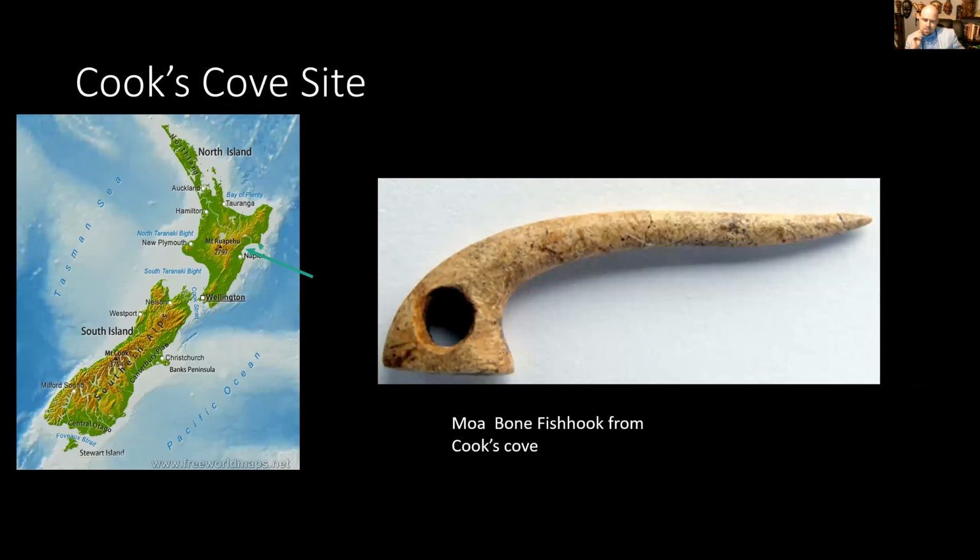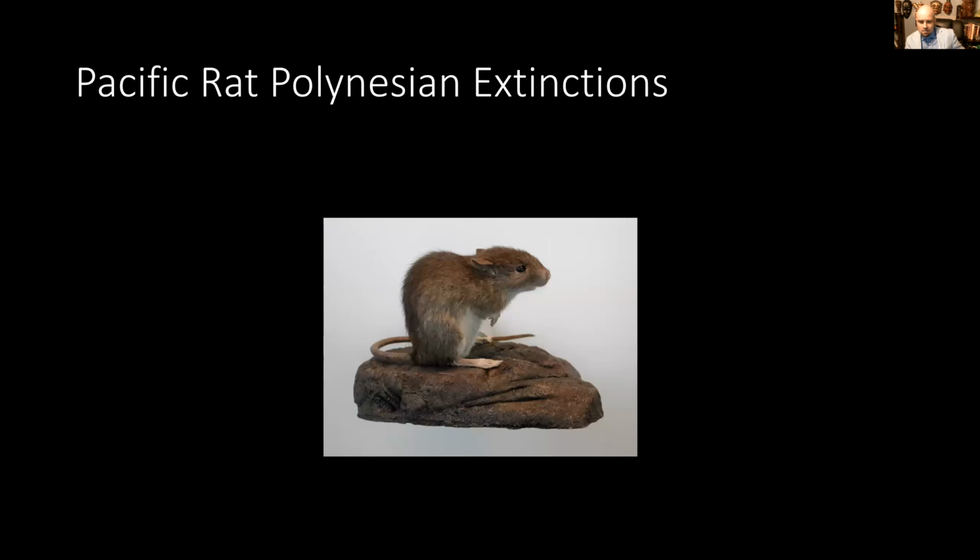We have evidence that these birds were heavily exploited by Maori peoples when they first settled. And so they were doing things like making fish hooks and making tools out of the bones. And we find kill sites. And by 1300 AD, a couple hundred years after the colonization of New Zealand, moa are extinct. And once those moa go extinct, predators like the Haast eagles go extinct as well.